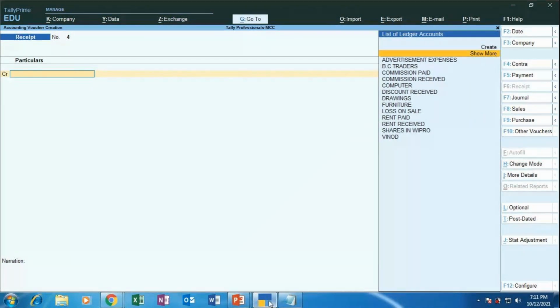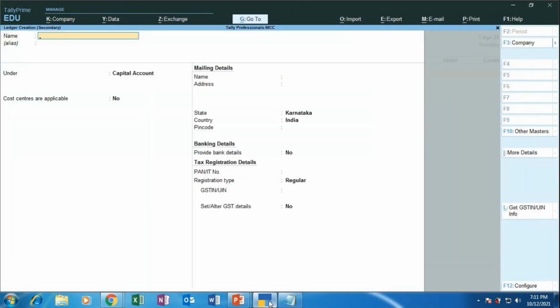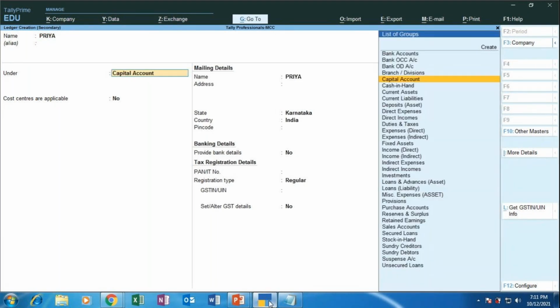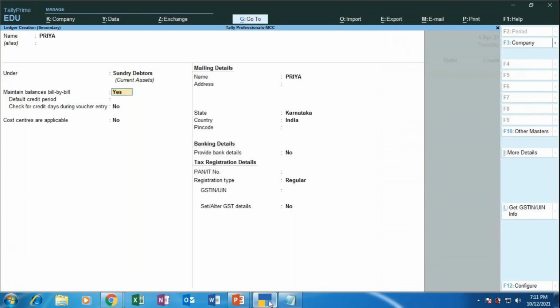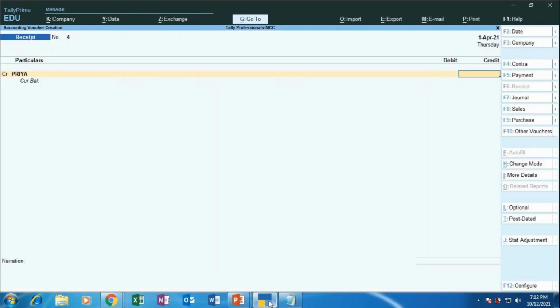Credit Priya. Now Priya becomes the giver of funds, right? So Priya, under the group of sundry debtor, maintain balances bill by bill, let it be yes, others all nothing, accept yes. So 16,000, you type the amount,